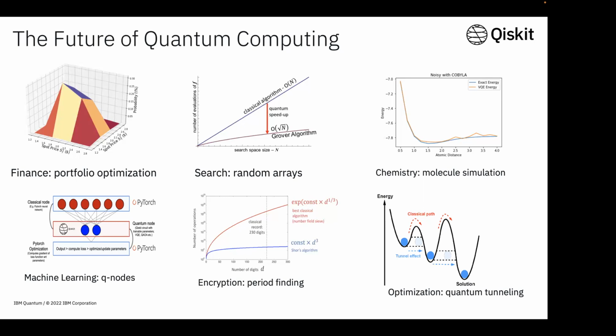So that's what encryption is there, where we are able to encrypt the data much more securely than the classical RSA that we have right now. And then there is a last application, which is called optimization and quantum tunneling, where we're able to optimize a lot of stuff and simulate a tunneling effect. So this is not all, it is a limited slide for the future of quantum computing, but we do have a lot more applications.